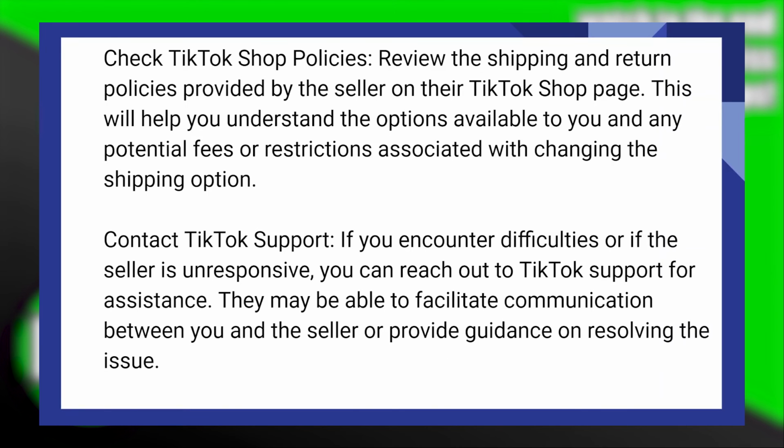Review the shipping and return policies provided by the seller on their TikTok shop page. This will help you understand the options available to you and any potential fees or restrictions associated with changing the shipping option. If you encounter difficulties or if the seller is unresponsive, you can reach out to TikTok support for